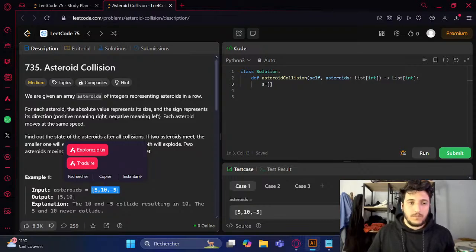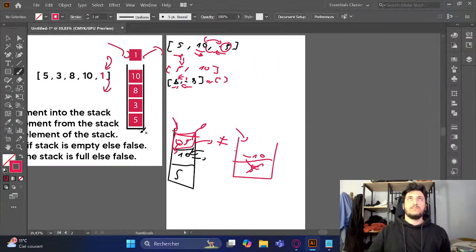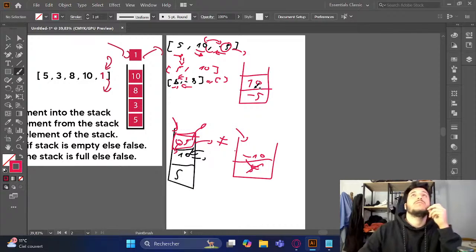Just wait 5 minutes, so let's think again. Okay, so do we have to pop from this? Let's suppose we pop from this and move it to the other stack. So this is minus 5. We don't have to mess with the order, so I think, okay, minus 5 and 10. This 10 has to stay. So we will compare the sign,